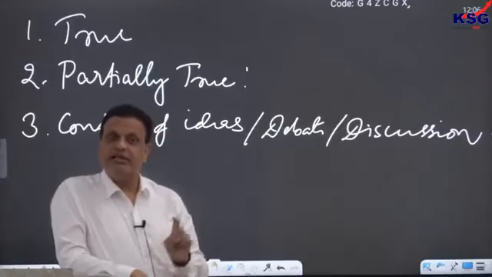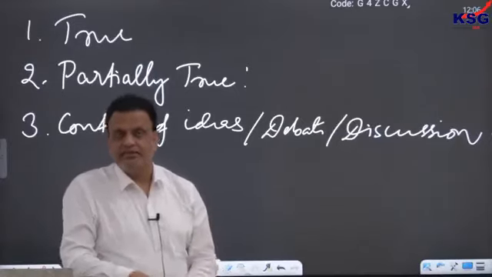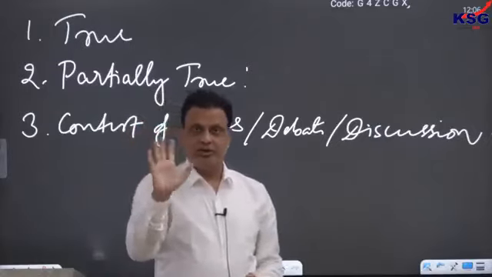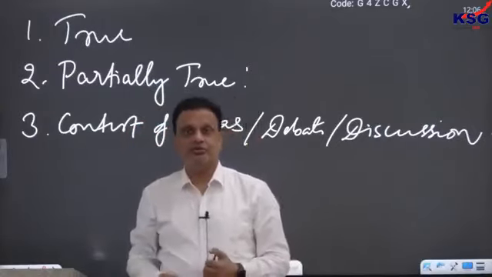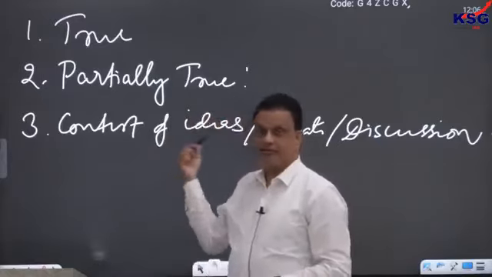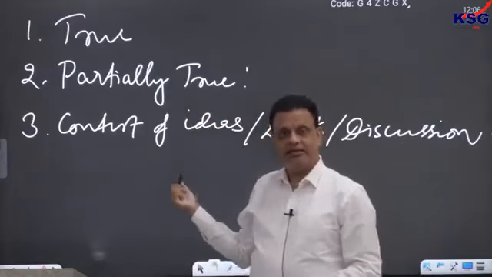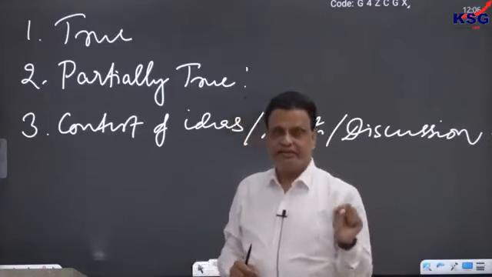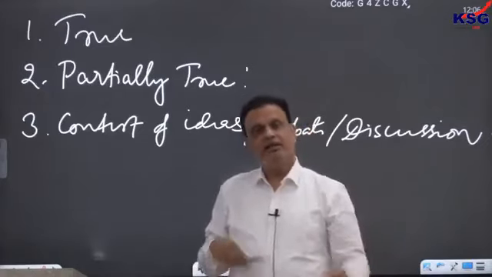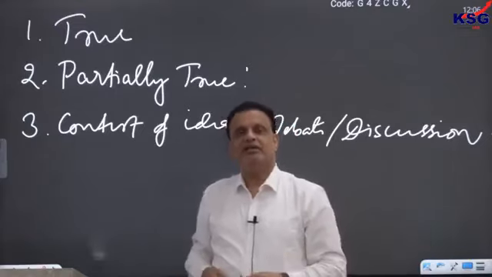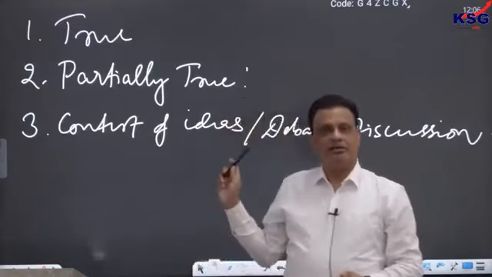Truth is not something that is given to us on a platter. It's not that some messiah will come to you and tell you, oh, this is truth, take it. No, truth does not come like that. Truth always comes out through a process. And what is that process? That process is the contest of ideas. When right ideas and wrong ideas contest with each other, out of that contest the wrong idea is discarded, rejected, and the right ideas are accepted. It is through that process that truth comes out.